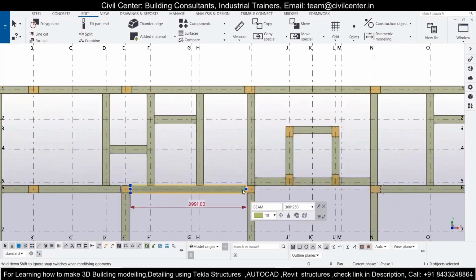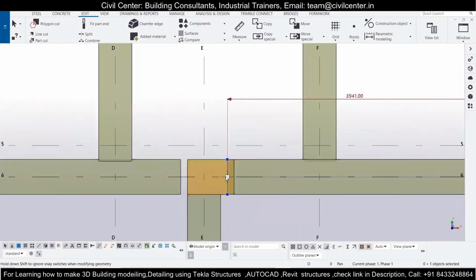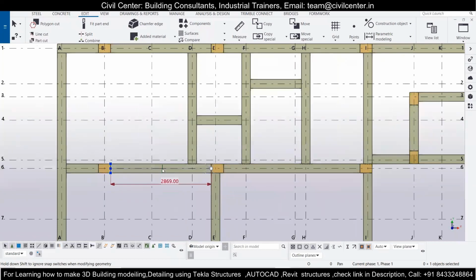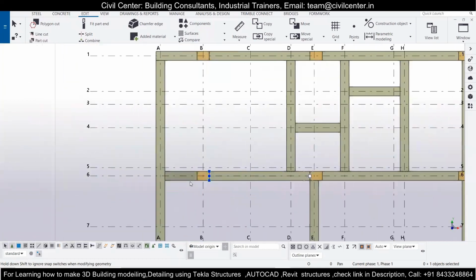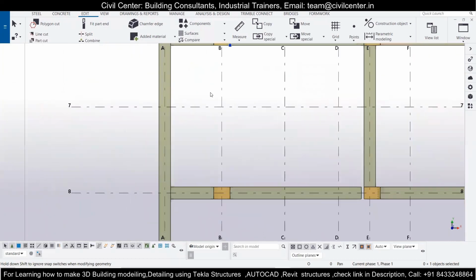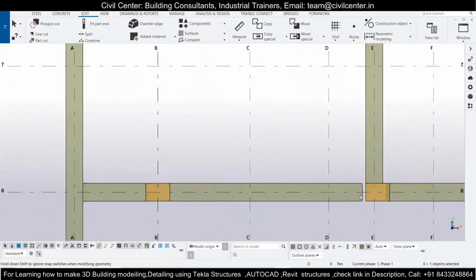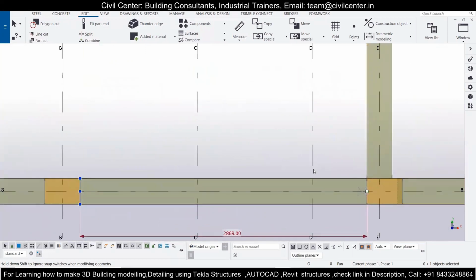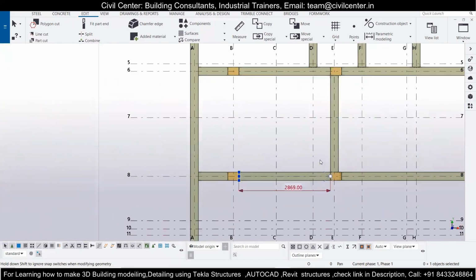You can see I have just modified it. Why is it needed? Because if you do not do it this way, then while calculating the quantity of concrete, you will get a repeated value. That means the concrete quantity will come out larger than it should be. That's why I am changing it this way.